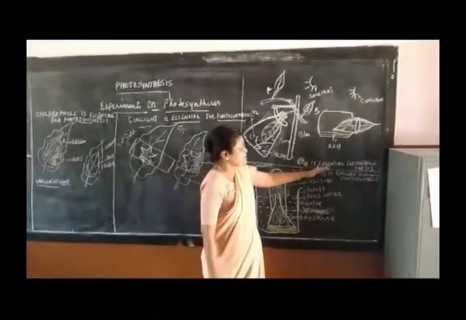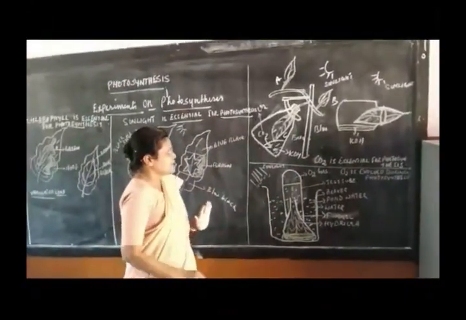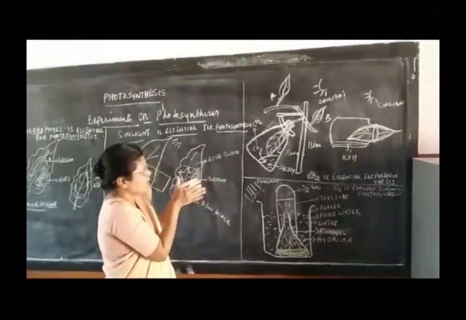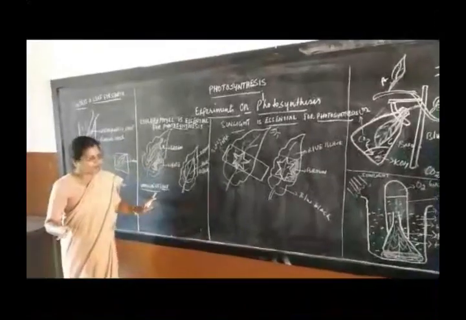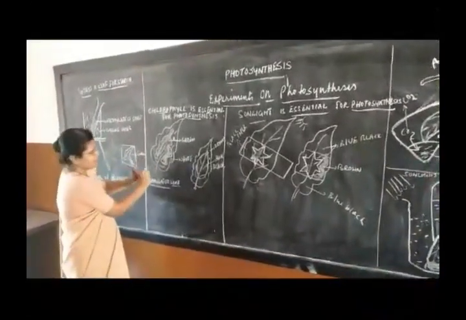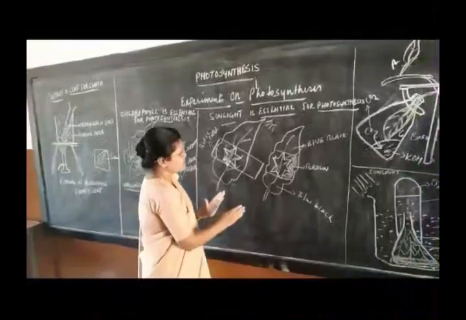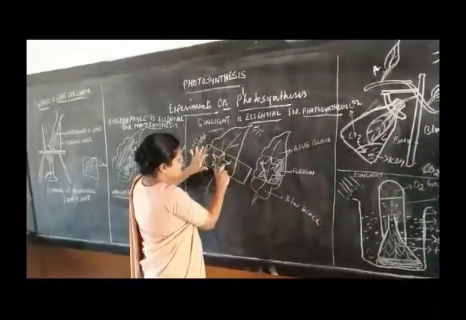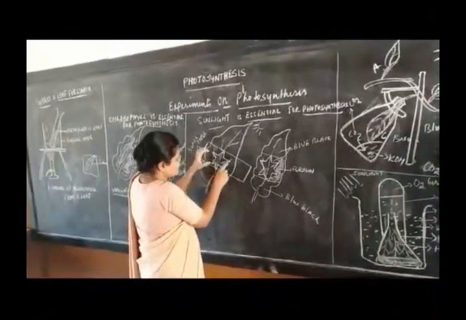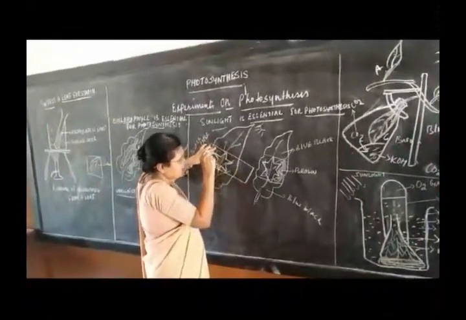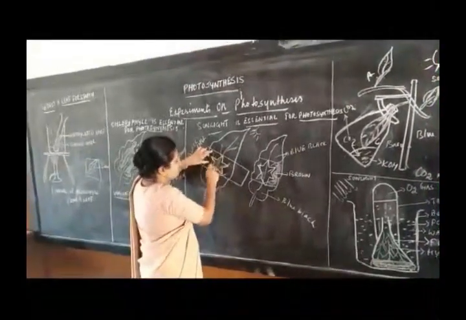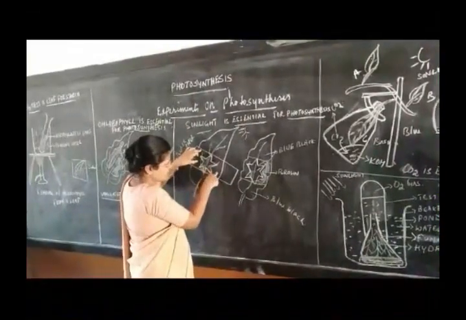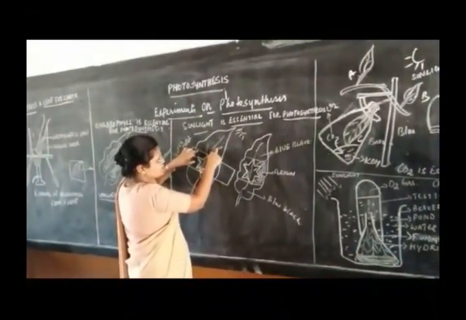Next we go to carbon dioxide is essential for photosynthesis. Now here some prerequisites you have to do. In case of chlorophyll you didn't have to do anything because it's all inbuilt. In case of sunlight, you have to do an extra job of covering it with the black paper so that a certain area of the leaf does not get sunlight, which means you are depriving a certain area of the leaf of sunlight, while here we are getting all the raw materials needed for photosynthesis.